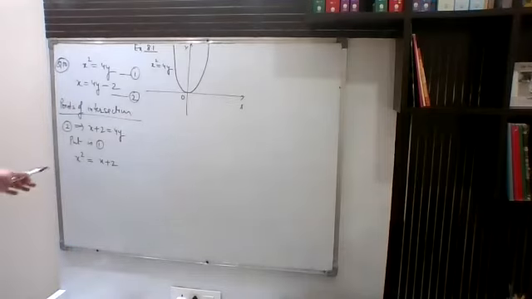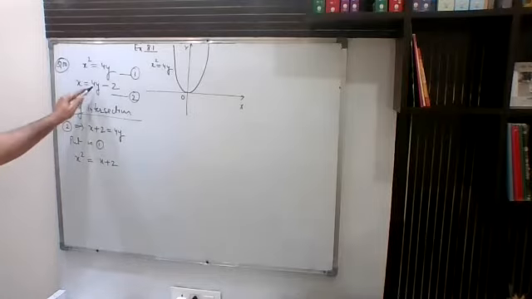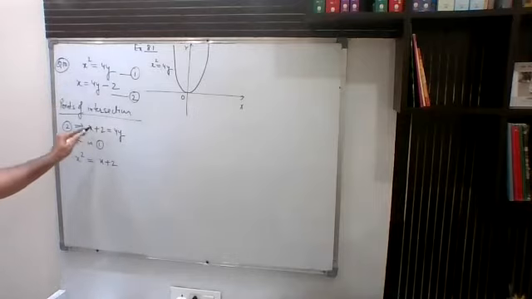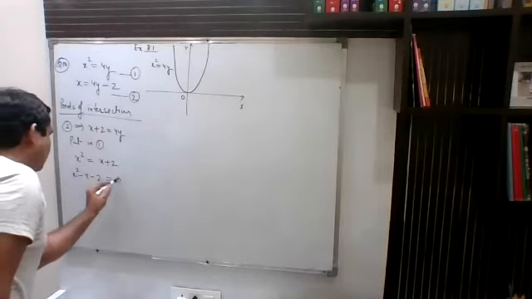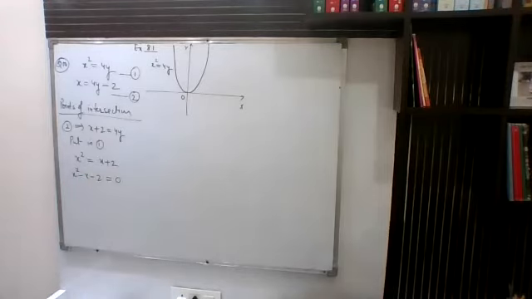You can solve it by any other method also, the final answer will be the same. I am just doing it by this method, writing the value of 4y as x plus 2, then putting this value of 4y over here. So I will get this. After that you will get a quadratic equation. Now you will split the middle term to get the roots of this equation.